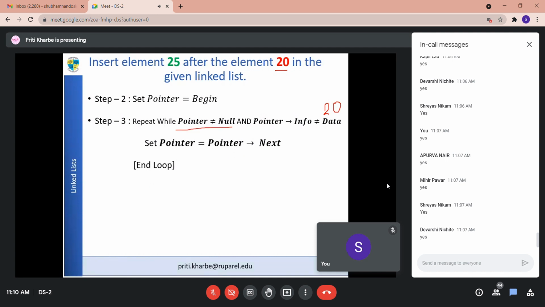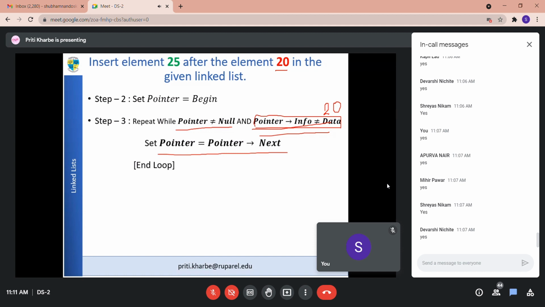Until you get the element, while pointer's info is not equal to data, keep on moving to the next node. Okay, so whenever you reach 20 in the linked list, this condition, pointer's info not equal to data, will become false, and this while loop will be broken and you will be outside the while loop. Do you agree?